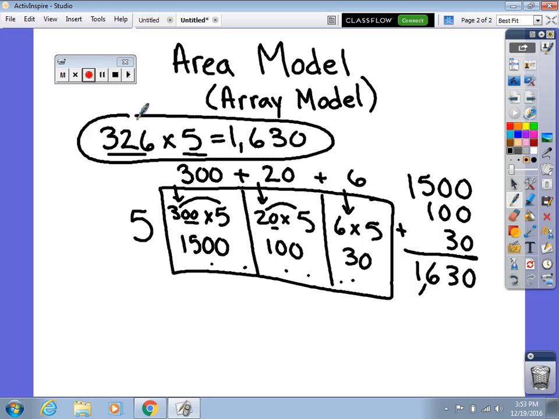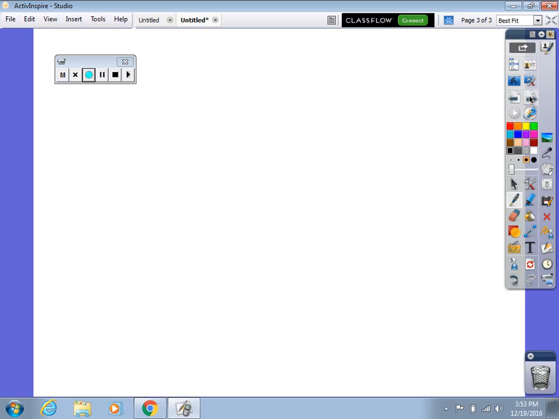And that's how we use the area model to multiply 3 digits by 1 digit, or multi-digits by 1 digit. Real quick, I'll do one more, just so you get one more example. Okay. So let's take